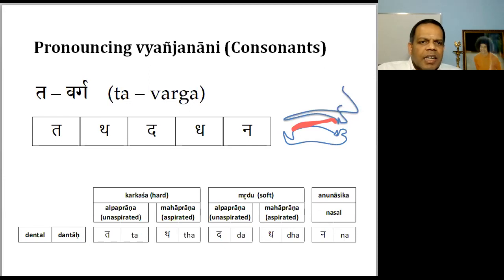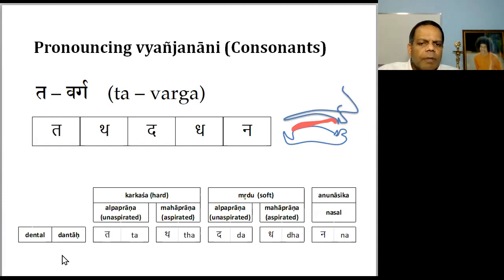The next one is the tha varga. Okay, tha varga, which is the dental sound. Dental means your tongue is almost touching the teeth, the tongue is pointing up. In the tha varga, the tongue is touching the teeth or just the space above the teeth, I would say. So they are called dental or danta. Where the teeth actually start, that's where you touch